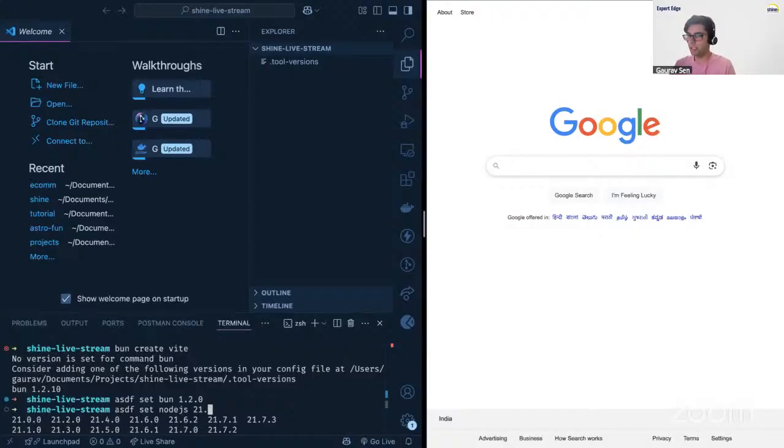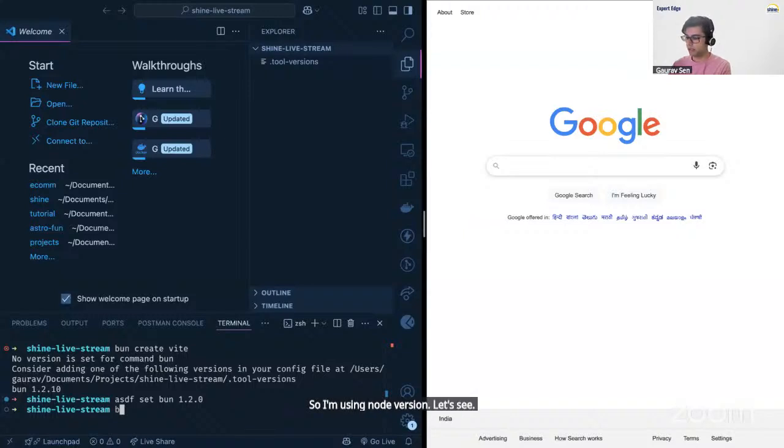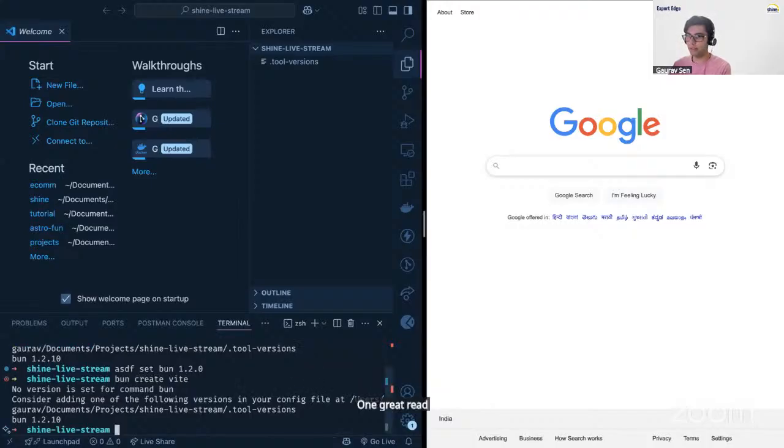So I'm using the node version, let's see. One create vite, let's check. It's asking me to use a node version as well. Okay, let me just check which versions of node I have. If you're just wondering what is asdf, it's